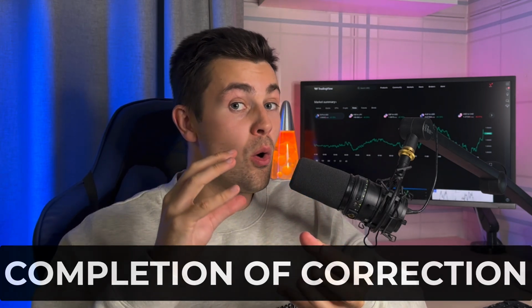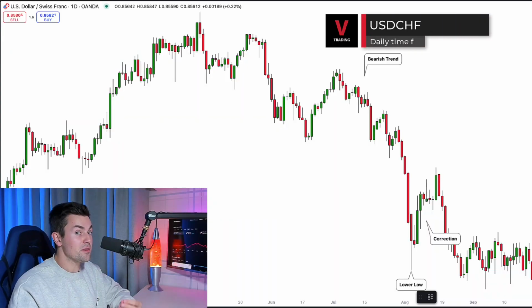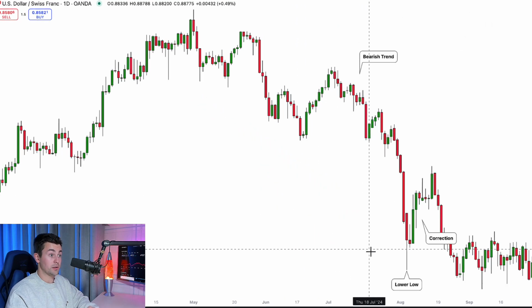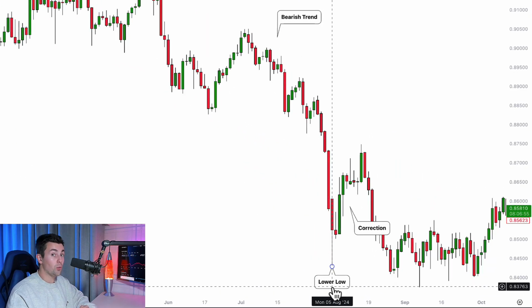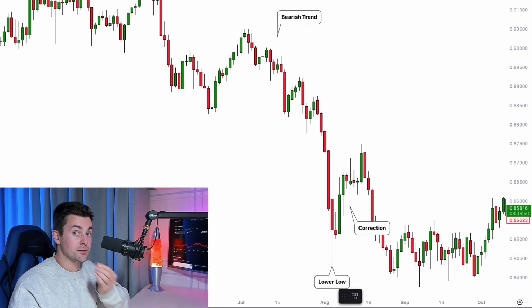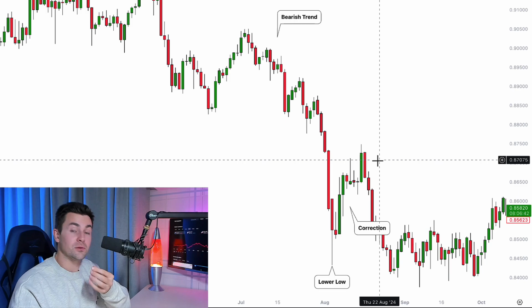Then you should wait for a correctional movement, for a local bullish correctional movement, and your best entry to swing short the market will be the completion of this correction. Let's examine the price movement on dollar Swiss on a daily. We can see that the market is trading in a strong bearish trend here, and after the market set a new lower low, a correctional movement started. And your best zone to sell the market from, your best zone to open a swing short will be after a completion of this